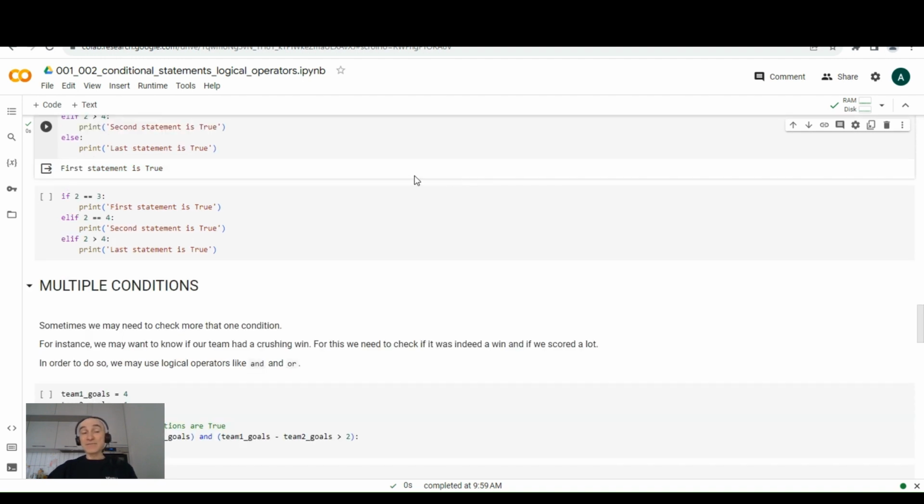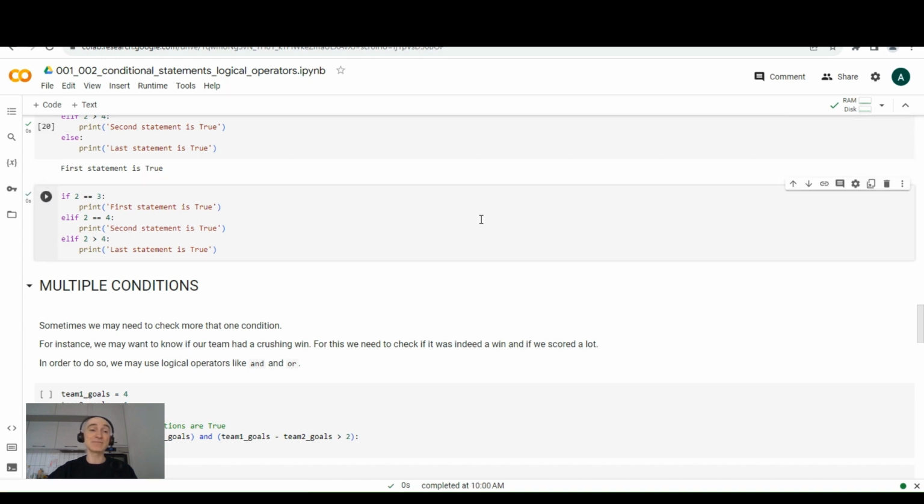Finally, let's check if 2 equals 3, then we want to check else if, or elif, 2 equals 4. Finally, we want to check if 2 is greater than 4. And let's execute this. And there is nothing to print. Why? Because